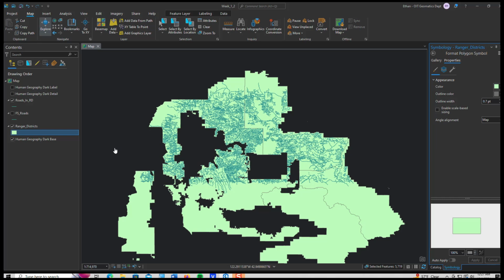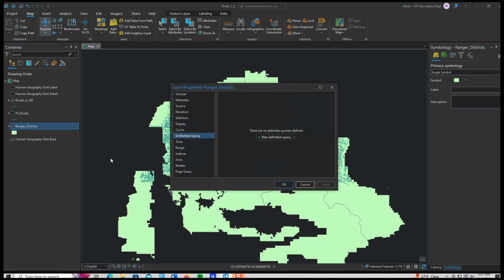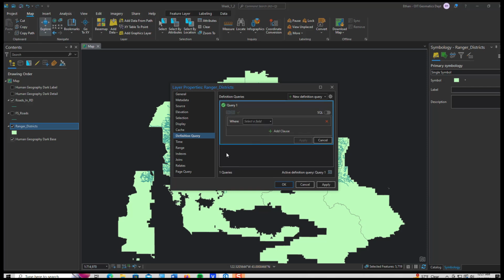To do a definition query, we can right click on ranger districts and go to properties, or we can double click it, which I think is faster at least. So we double click ranger districts, and let's click on definition query. You'll see here it says new definition query, so we go ahead and click that. Now this is built very similar to select by attribute, where something is equal to something. So we want where district NA is equal to